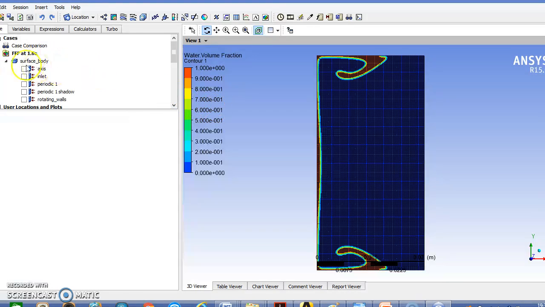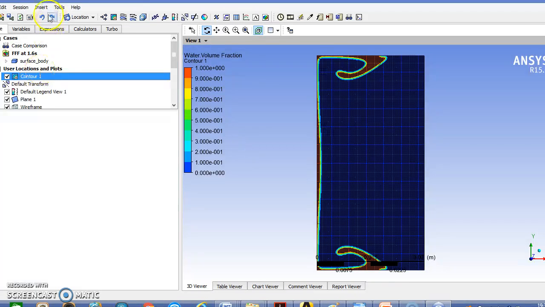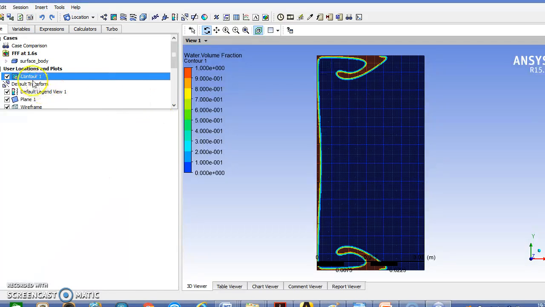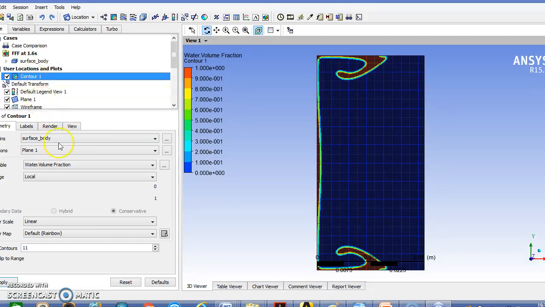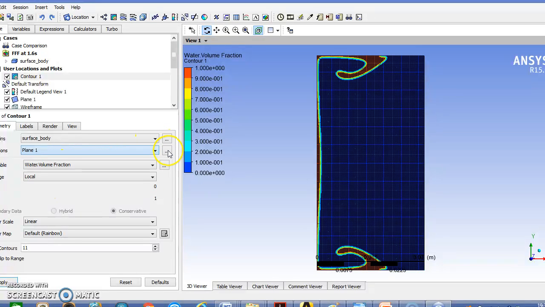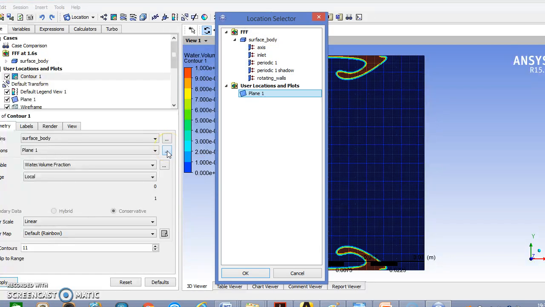Now I think we have already taken the contour. How did we take it? Insert, location, insert, contour. Once the contour is there, click on contour, and here you will have the option of where to put the contour: either on a plane, or on a periodic phase of the existing body.